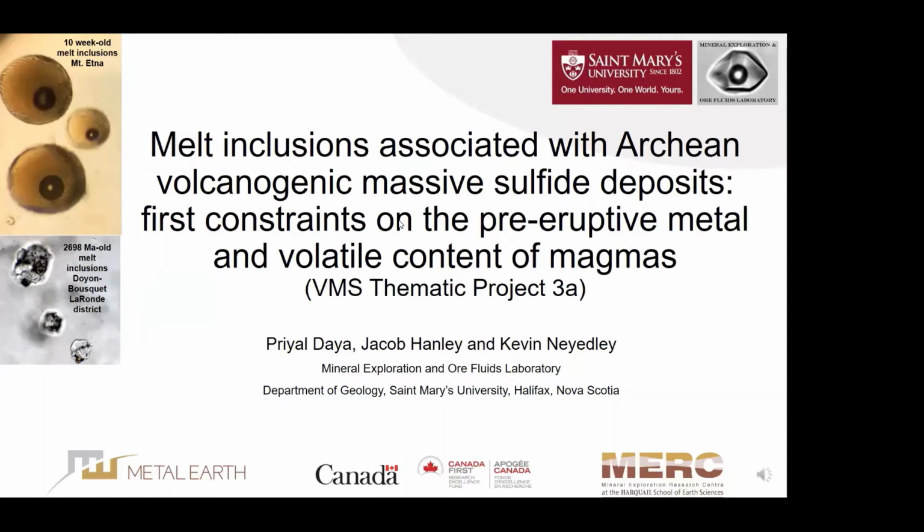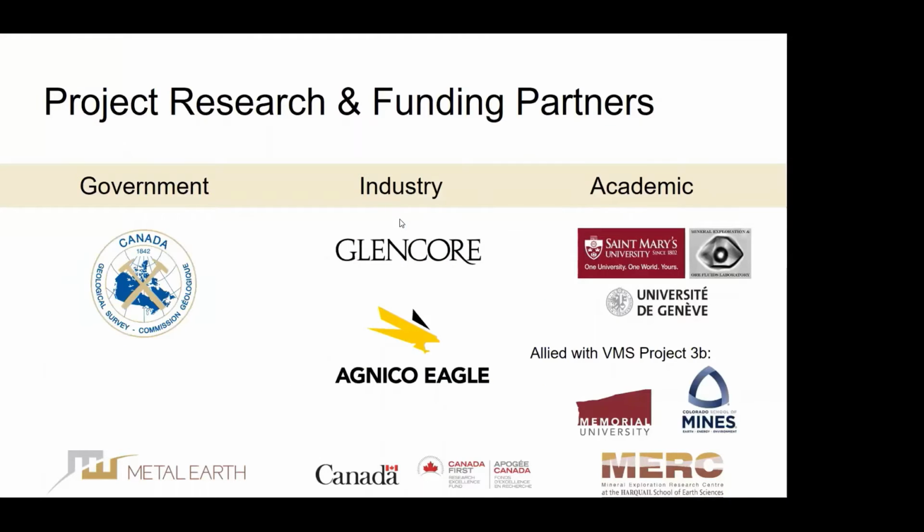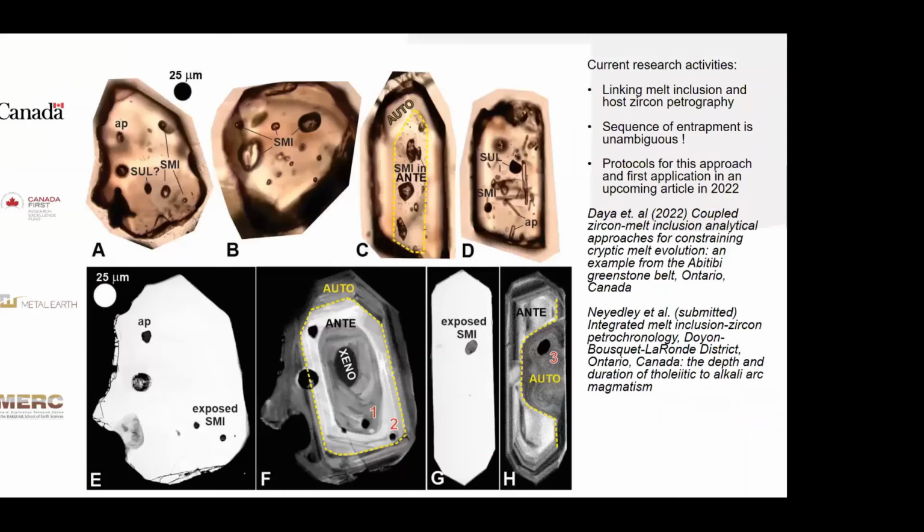And so the idea here is to integrate our melt inclusion research focus with geochronology to understand more the evolution of VMS related magmas, specifically their metal and volatile endowment, and how those things are changing with time. So I just want to very briefly walk you through the methodology so that that's